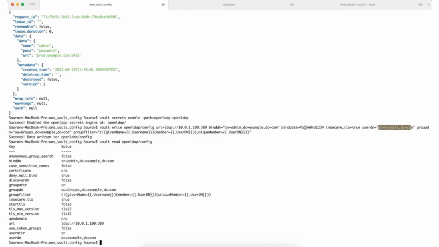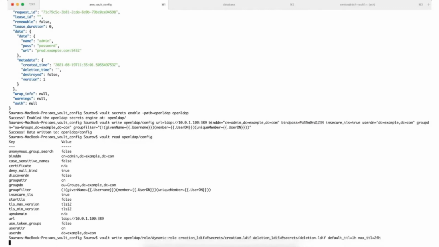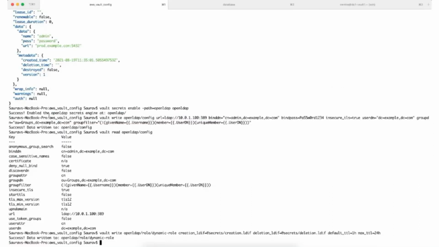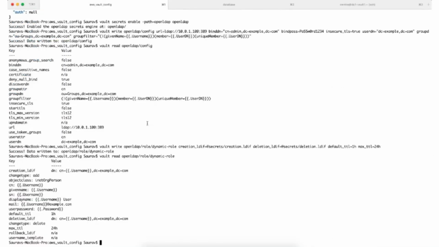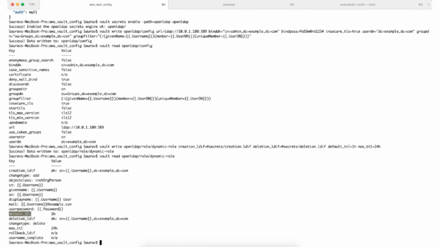Now let's create a role based on the LDAP Data Interchange Format. Let me show you the configuration shortly. Let's read this role that we have created under this OpenLDAP connection. Whenever we want to generate new runtime dynamic credentials on an OpenLDAP server, it will create a new OpenLDAP user identity with a new user, and there will be a TTL of 1 hour. The credential will be valid for 1 hour, with a max TTL of 24 hours, before which it can be renewed, and it can be revoked as well.